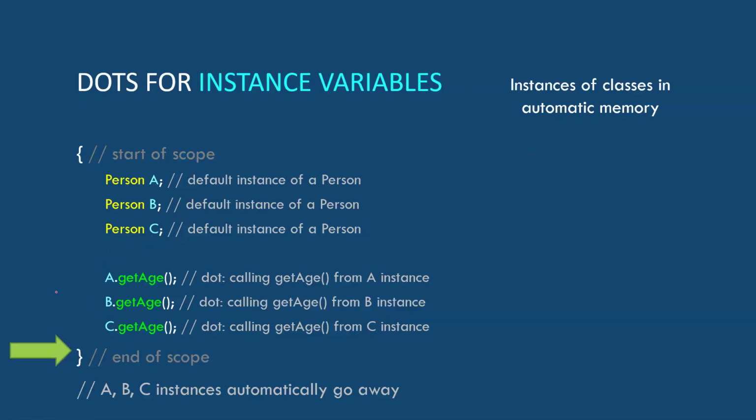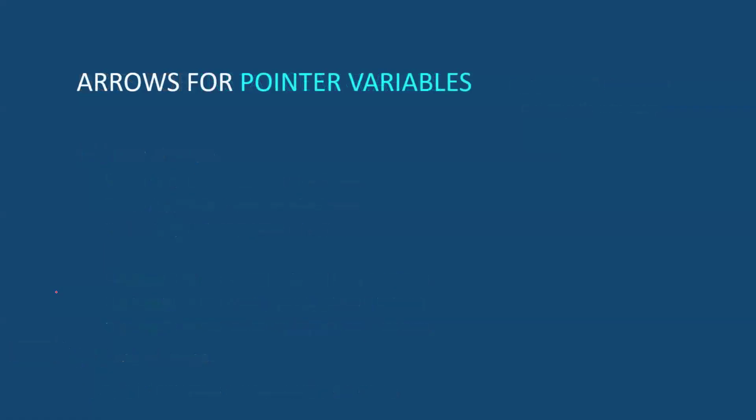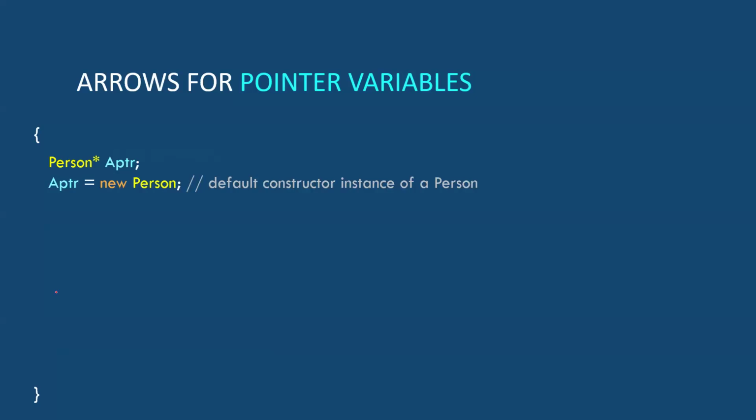Not safe to talk about them after we leave that scope. Okay. Now, the other scenario, though, is this one. I have a pointer to the tiger, right? A pointer star, right? This is a pointer or an address, 64-bit, pointing to that kind of a thing.